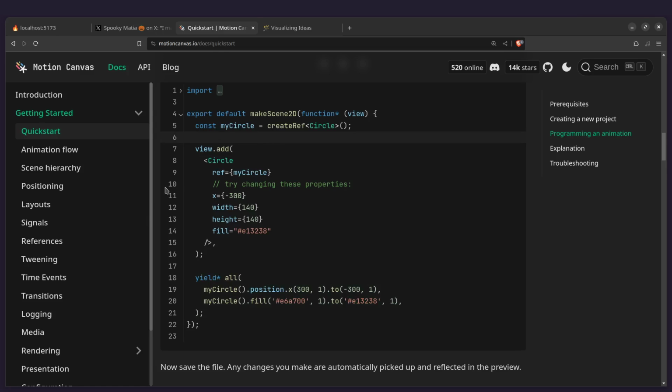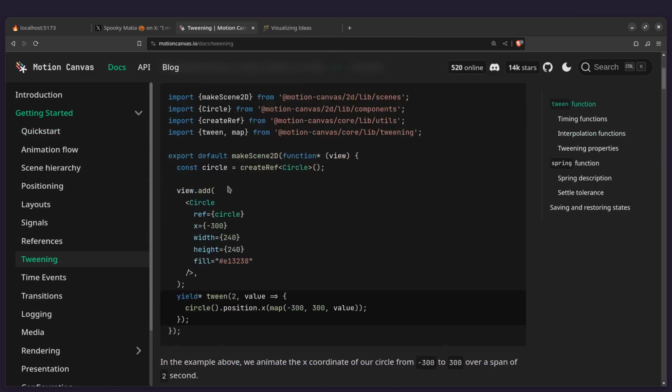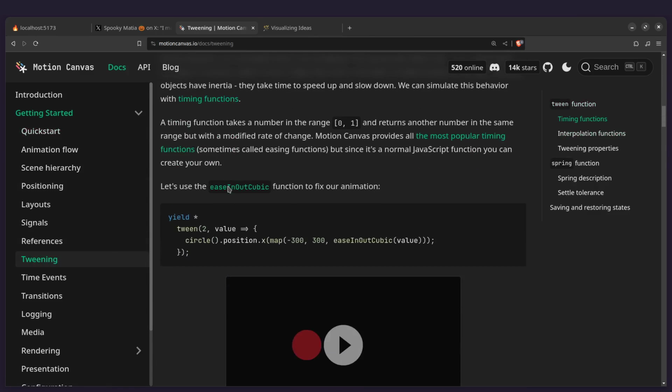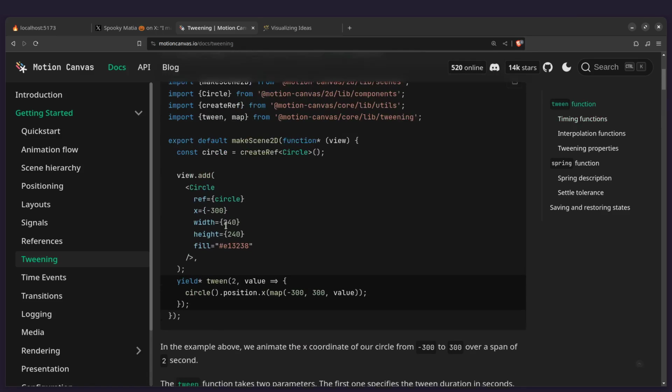And what do I mean by that? Well, let's go and look at how it works. We can defer these generators, but here is what's actually going on under the hood that got me thinking. Motion Canvas, actually, let me just find the code. So here is how it works.